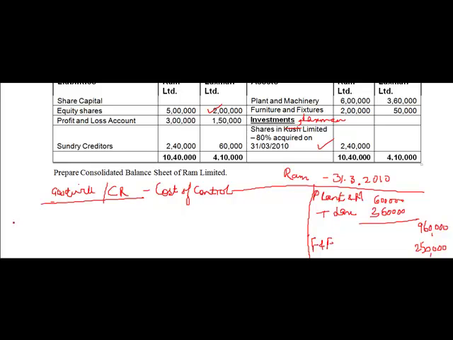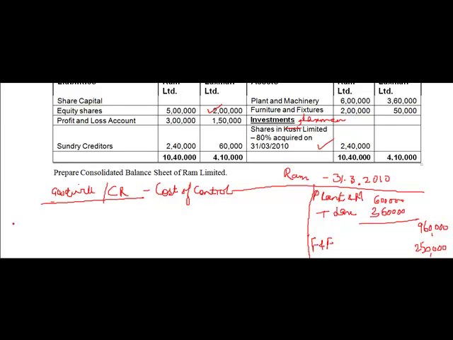And how do I compute my cost of control? I have explained this to you earlier also, but let me explain it again. What is the reason why cost of control comes into existence? Normally, when the holding company, in this case Ram Limited, acquires a controlling stake in the other subsidiary, the net